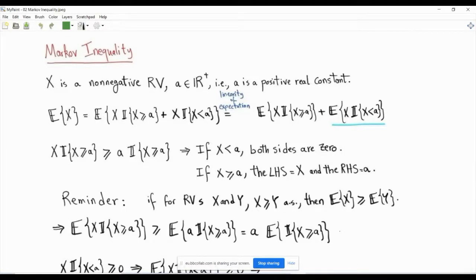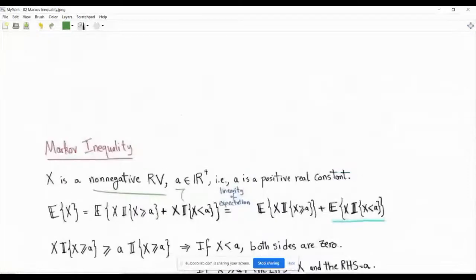The Markov inequality is something that you apply when you have a non-negative random variable. It's not something that you apply to a general random variable. So this is our first business: it must be a non-negative random variable. For a non-negative random variable, we are sure that the first moment exists either as a finite real number or as plus infinity. Let's suppose that we have a parameter a that is positive.